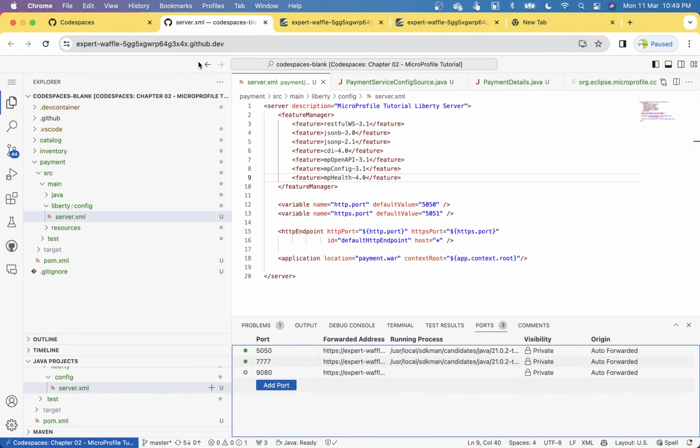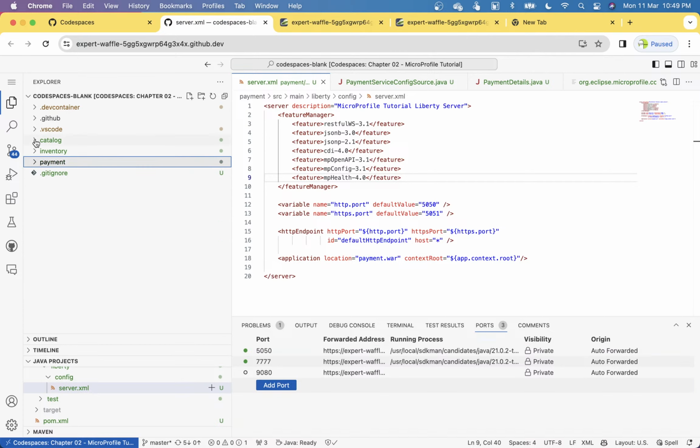So as such there are no checks. It will return up. In this catalog service,